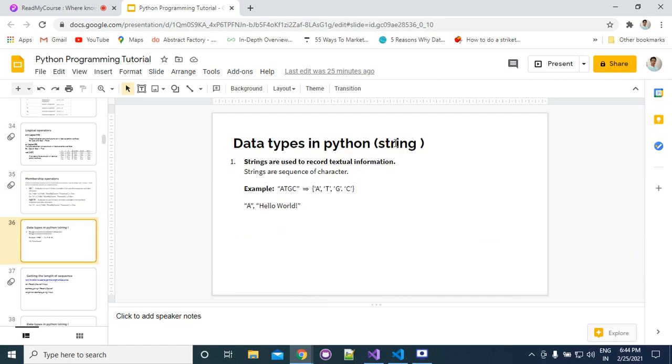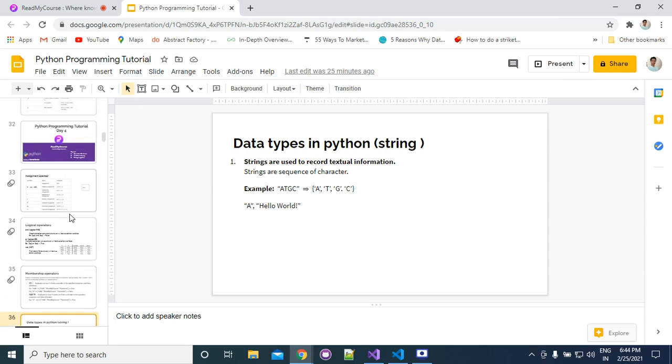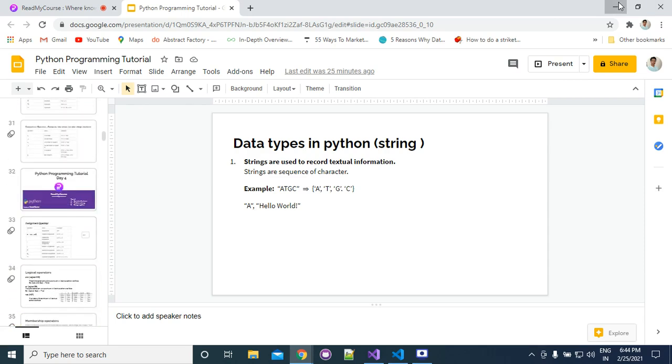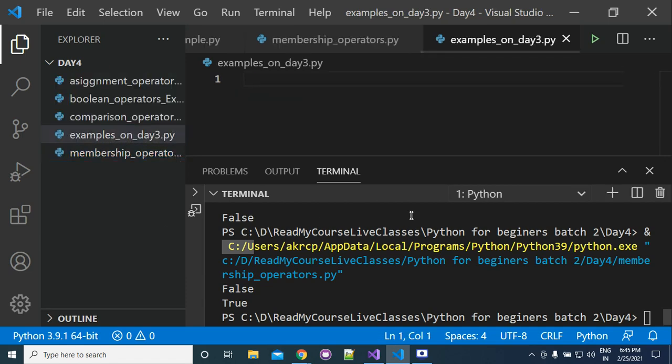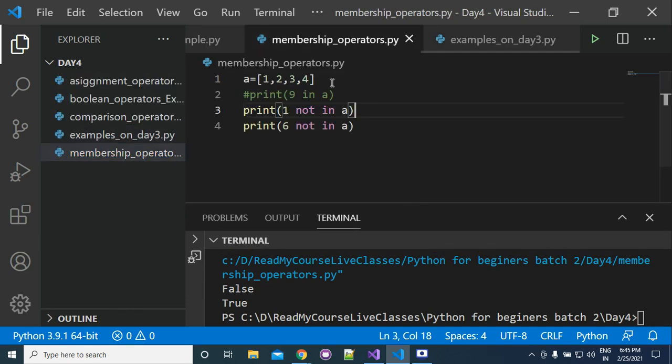Next we are going to cover the string data type. But before going to string data types, I just want to give you some good examples that will cover these operators. Examples on day 3.5.